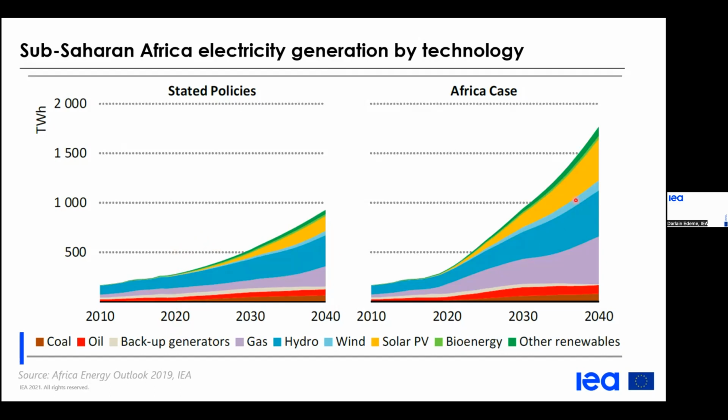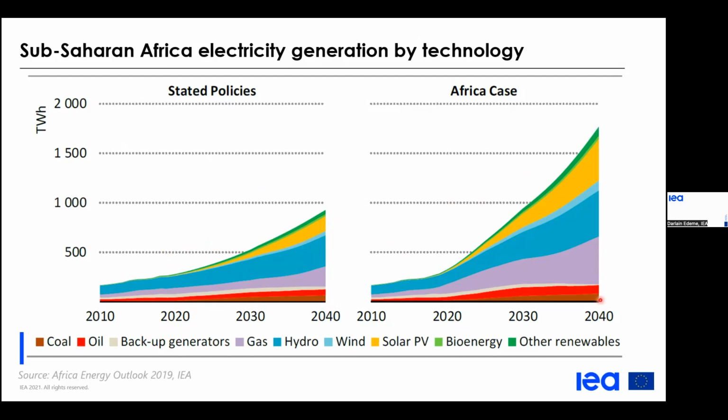But you can see how in both scenarios, electricity generation is expected to grow a lot. We have more than doubling in the stated policy scenario, and the total electricity generation in more or less 2019 was around 300 terawatt hours,